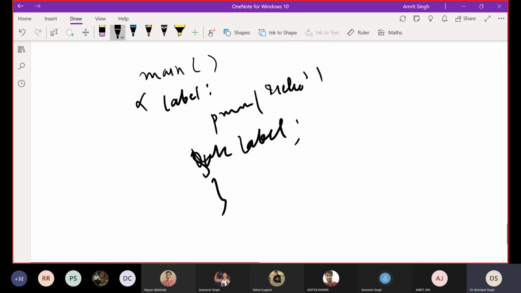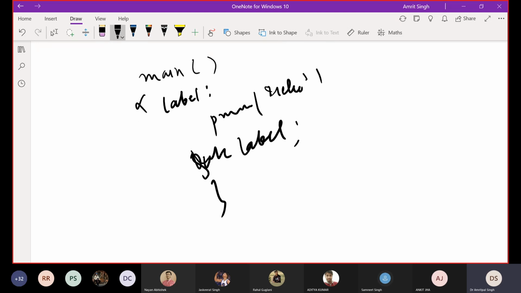So yes, this is possible, but this is only possible when you are calling the same function again and again, not in the case of when you are calling a function from some other function.